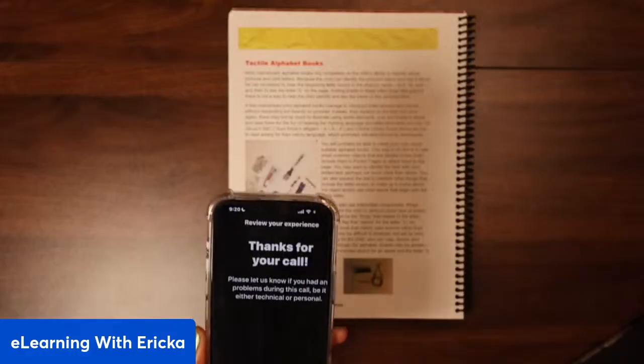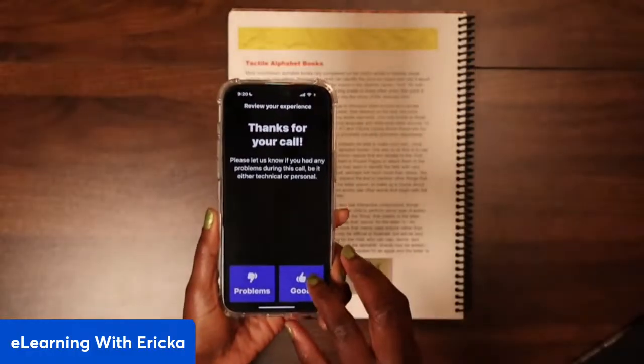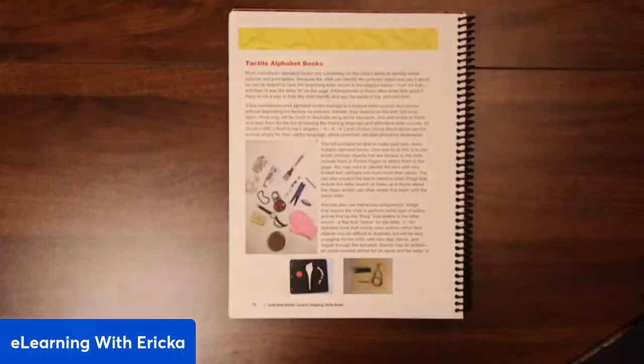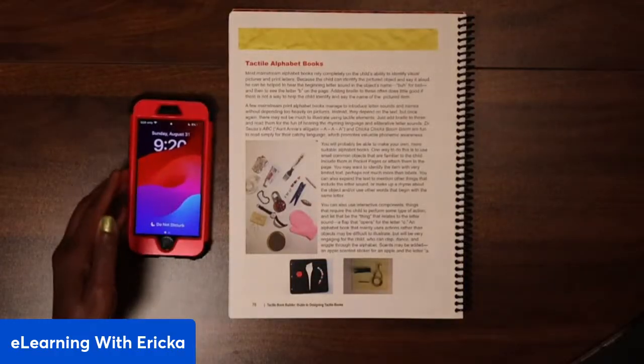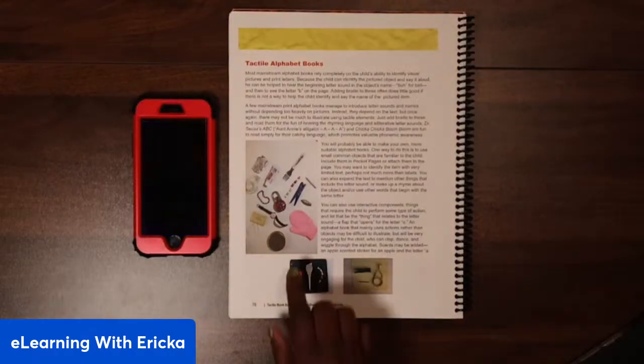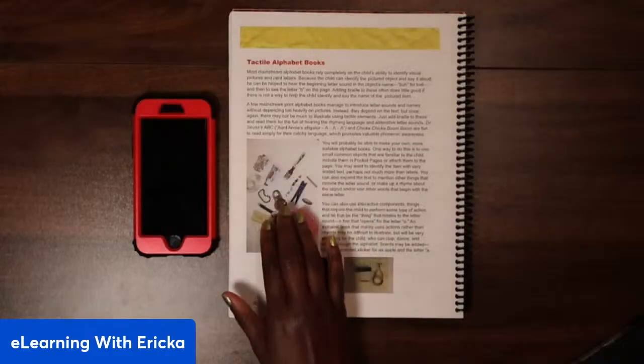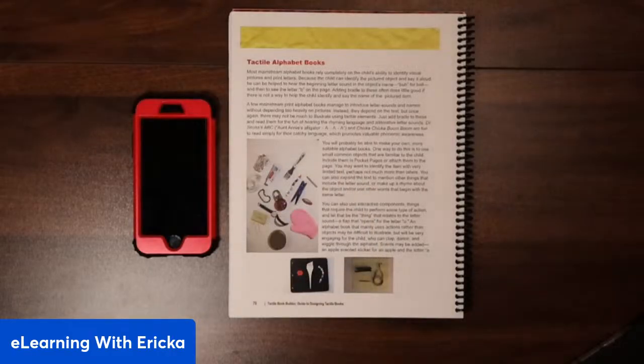Okay. So I can mark that as a good call. I mean, it was kind of fuzzy because, of course, that's my camera lens, but not too bad. So he was able to help identify some of the things on the book, but they also